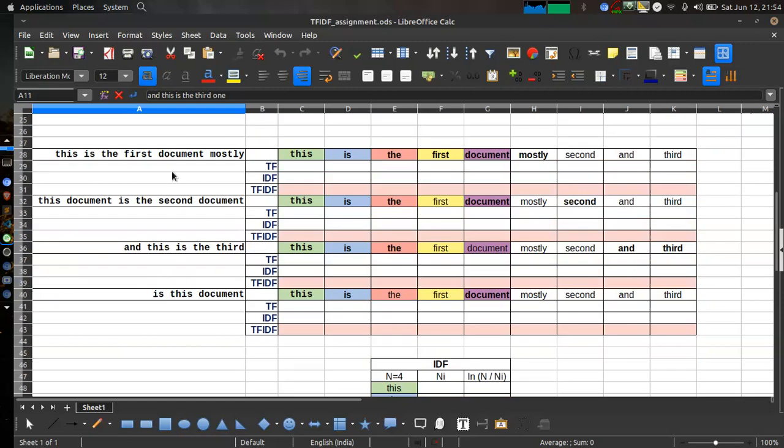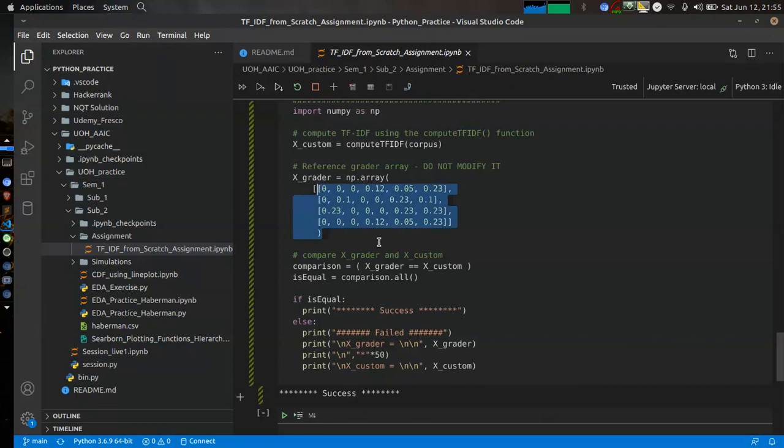Okay, so let's see how to calculate TF-IDF, right? So again we have the four sentences. First sentence with 6 words, the second with 6 words, the third has 1 2 3 4 5 words, and the last document has just 3 words. So how will you generate this matrix? Right? It is not possible. It is not at all possible,